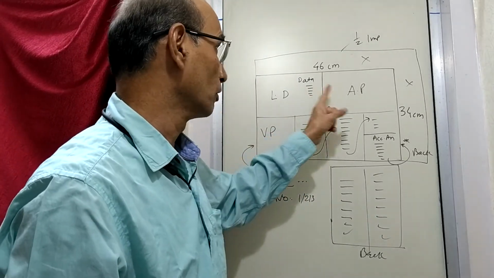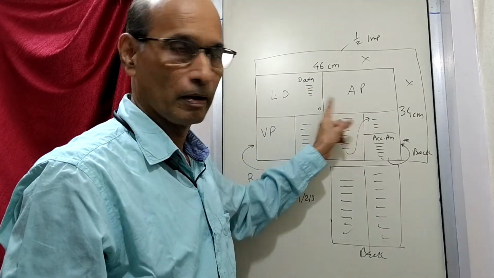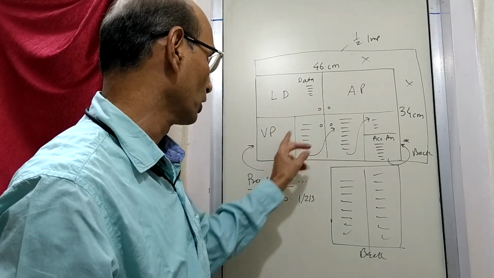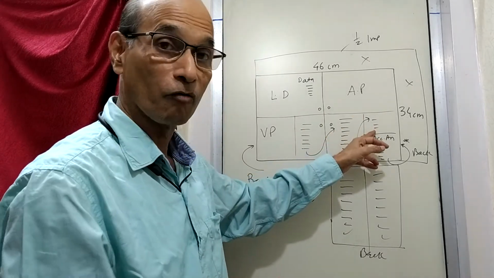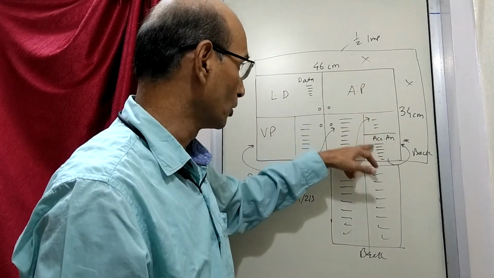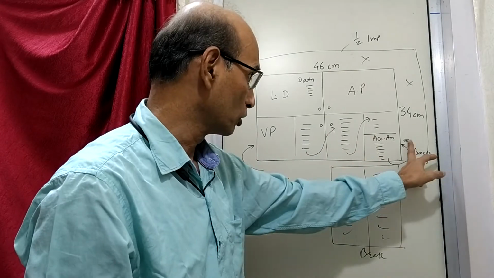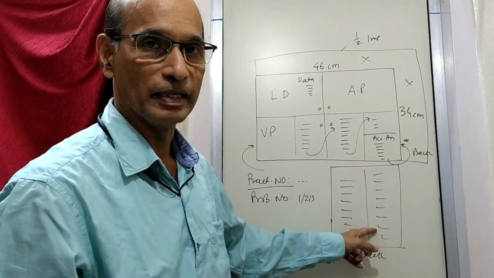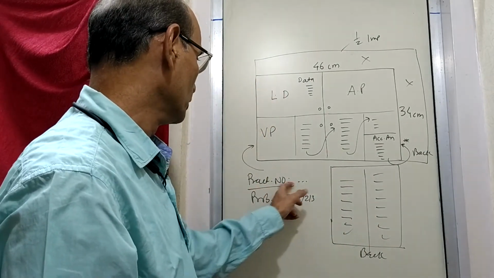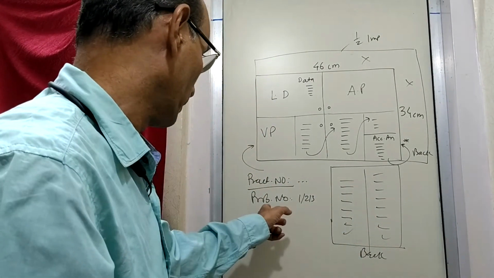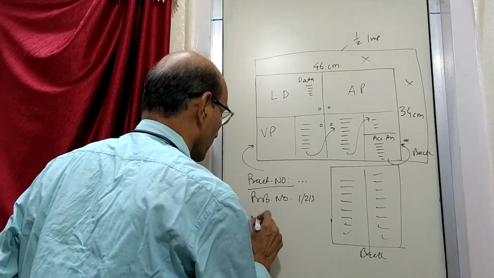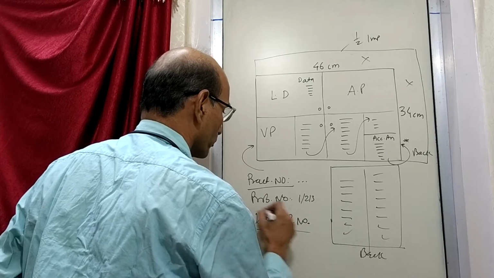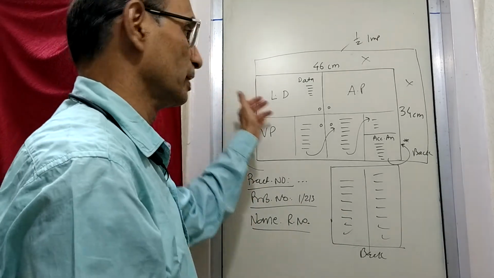So this you do for the velocity polygon and acceleration polygon. I'll repeat: linkage diagram, data, velocity polygon, write-up of velocity, then acceleration polygon, write-up of acceleration polygon, go to the back side and continue the write-up for the acceleration polygon like this. And behind this, that is the front side, you write the practical number, problem number, and most importantly your name and roll number. This information you will write on this side.